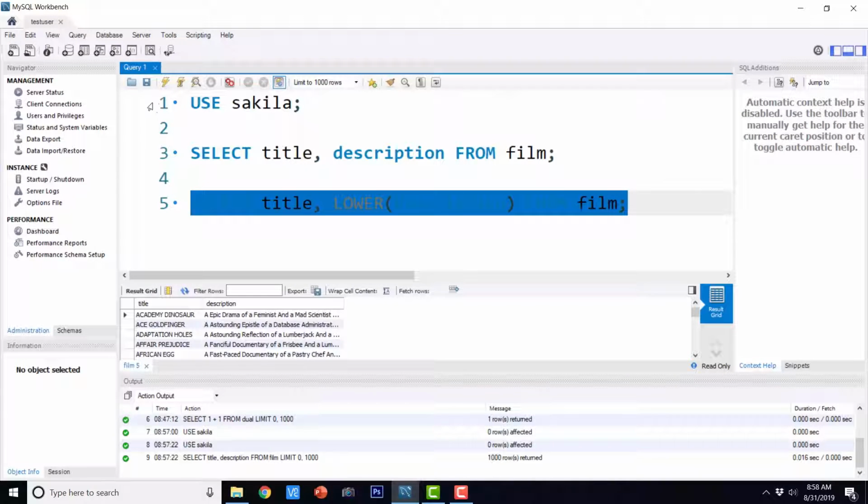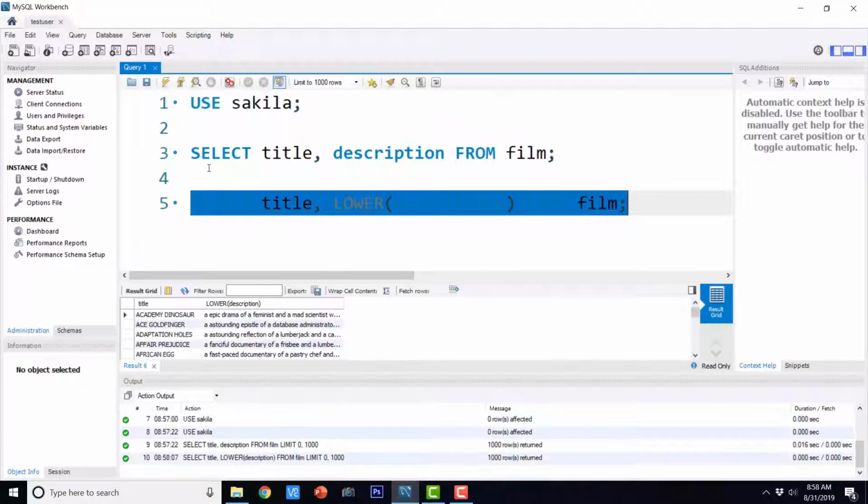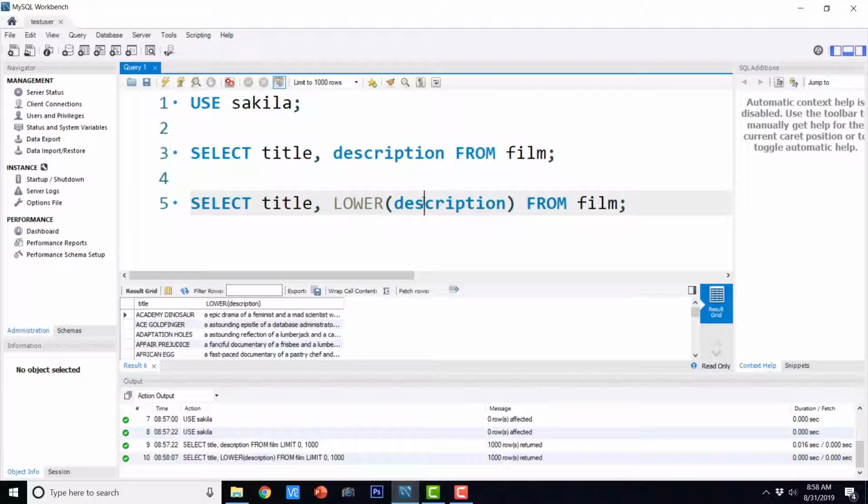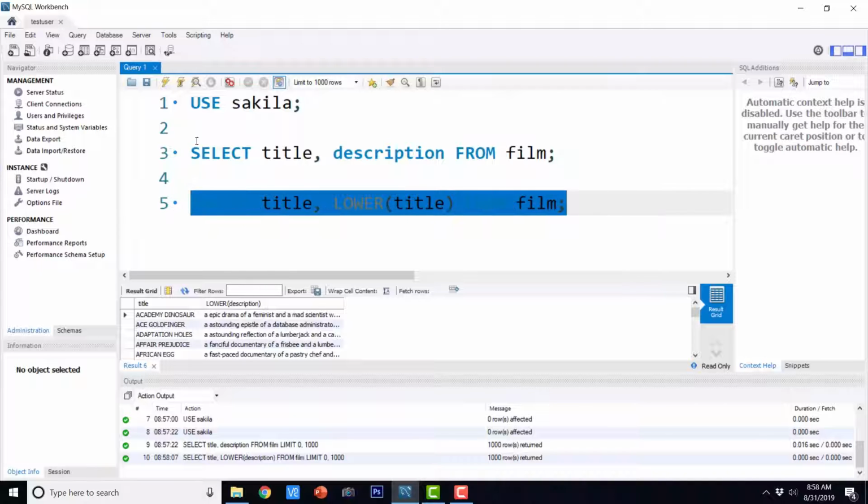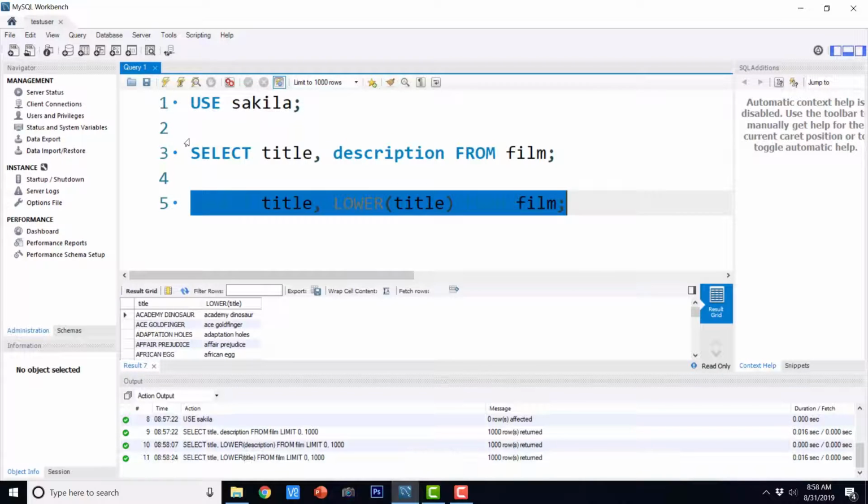Let's execute this and see the output. We should also select title, so that we can compare how the original title looked and how the title looks after applying lowercase. This is the original title, and then after making all the characters lowercase, this is how the title looks.